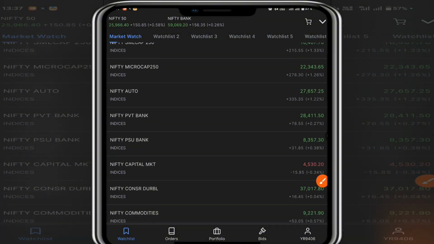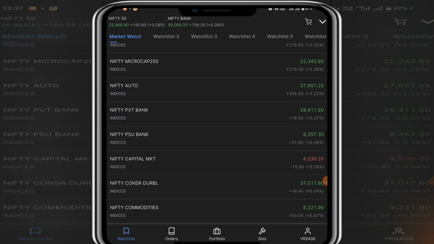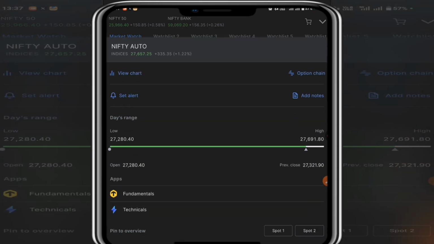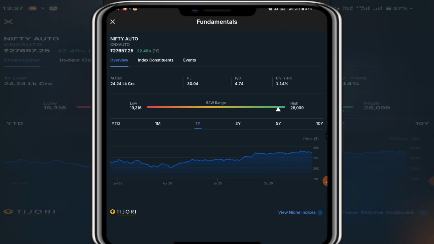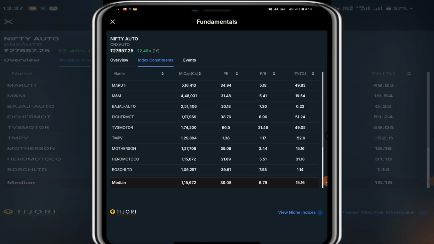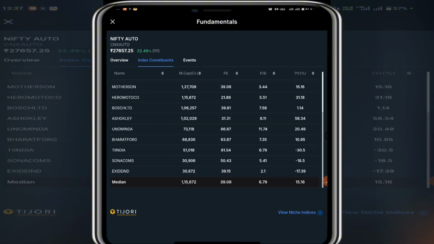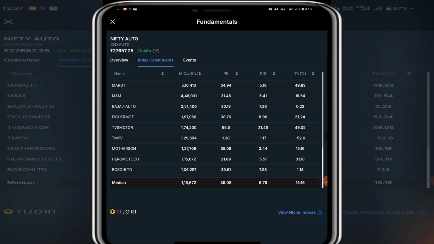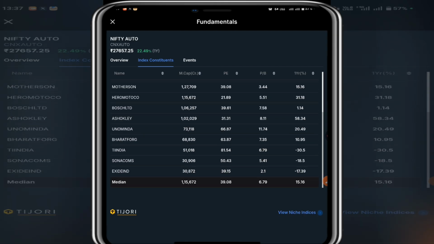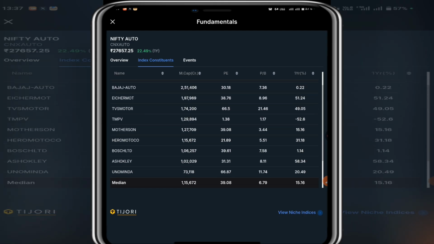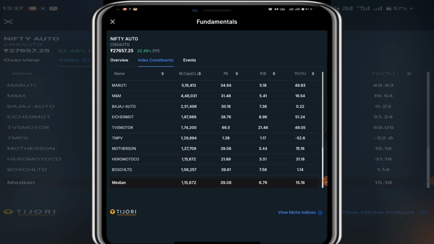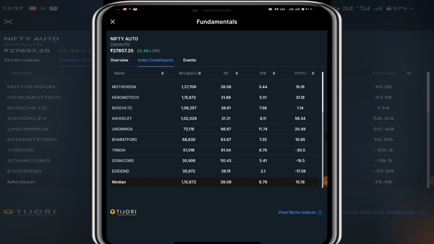Then I will go inside the Nifty Auto and scroll up. Then I will go to fundamentals, then to index constituents. Then I will see all the stocks listed under this particular index, and from this list I will check which stock is outperforming in this particular sector